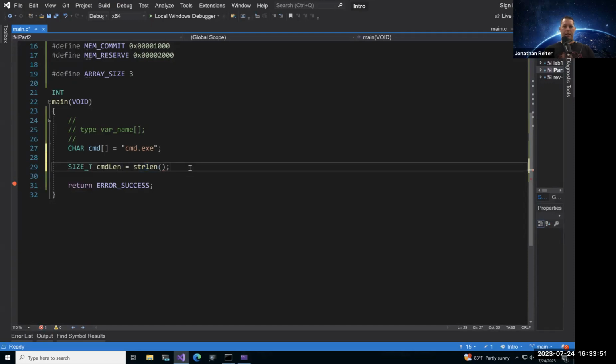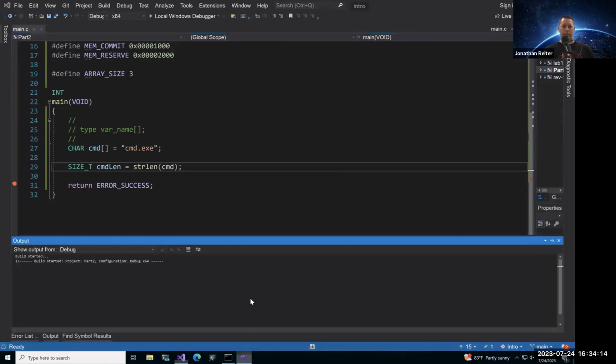Size_t is the type, command length, and then the argument for this says const char star str, or just str. We'll pass in cmd there. Okay, so save that one, build it, and run it.